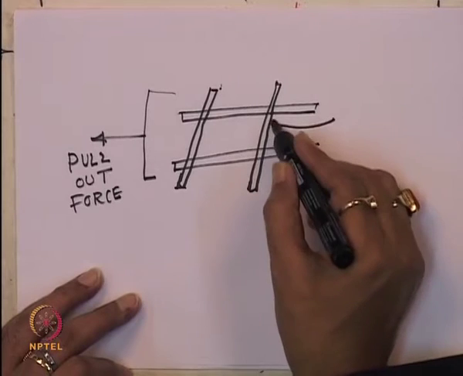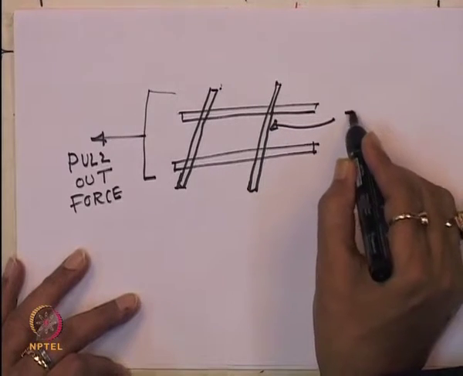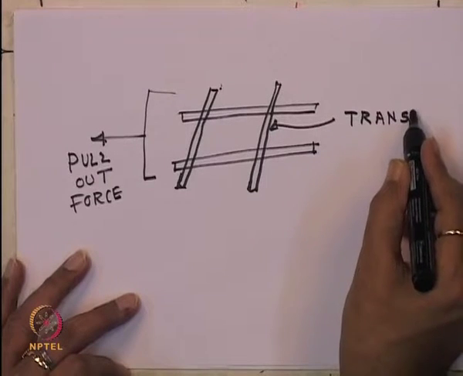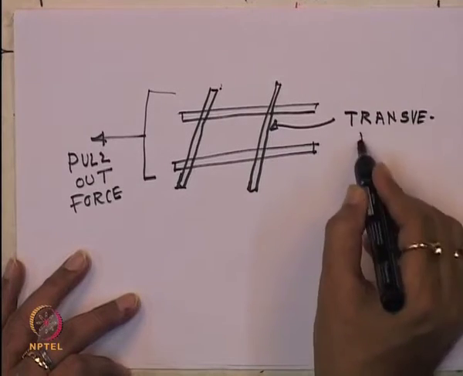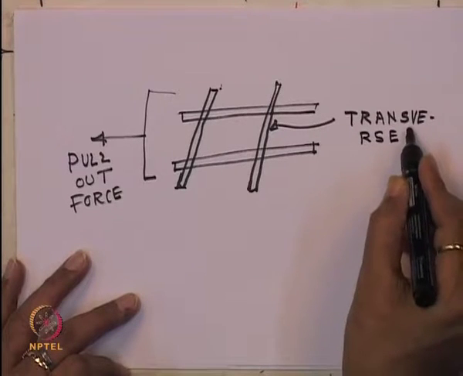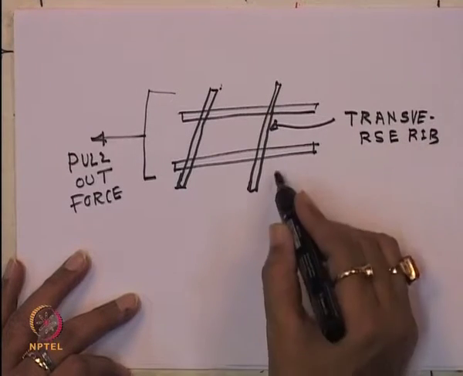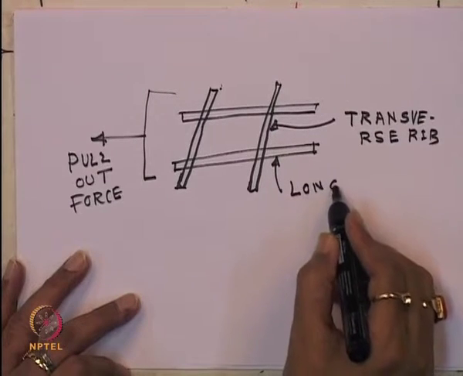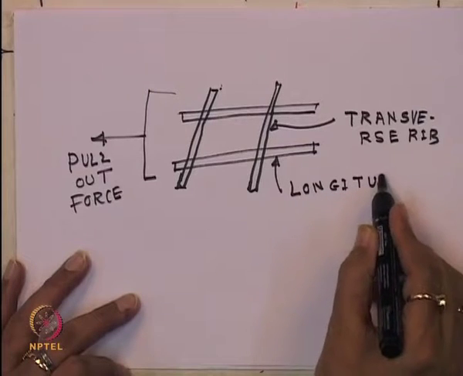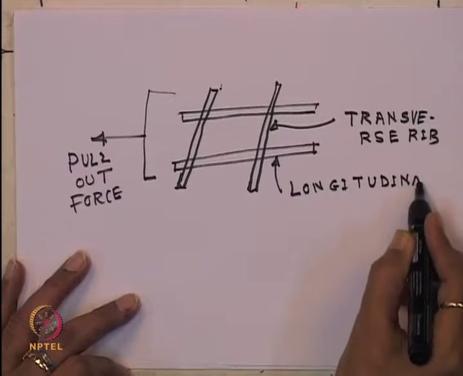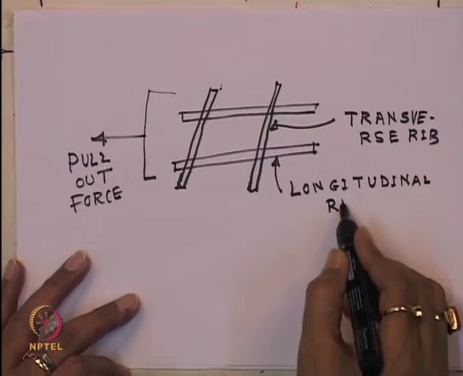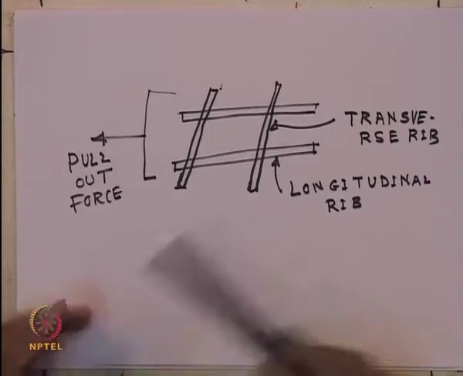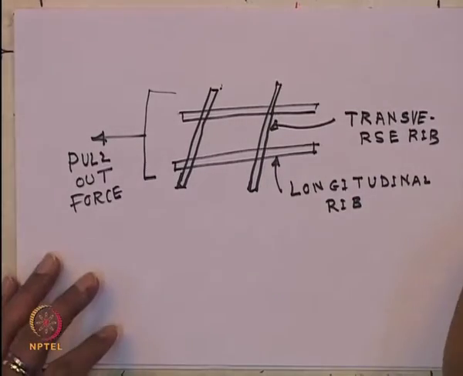So this is the transverse rib, and also the longitudinal rib. Now due to the pull out, there will be a